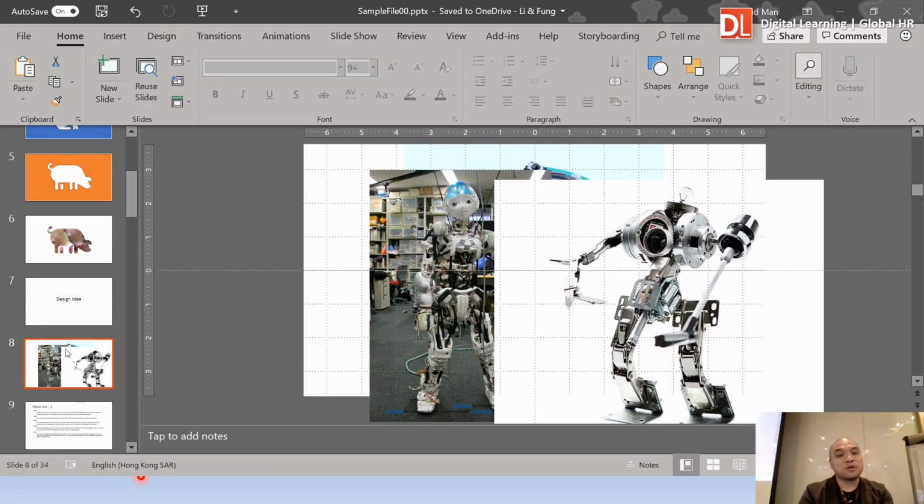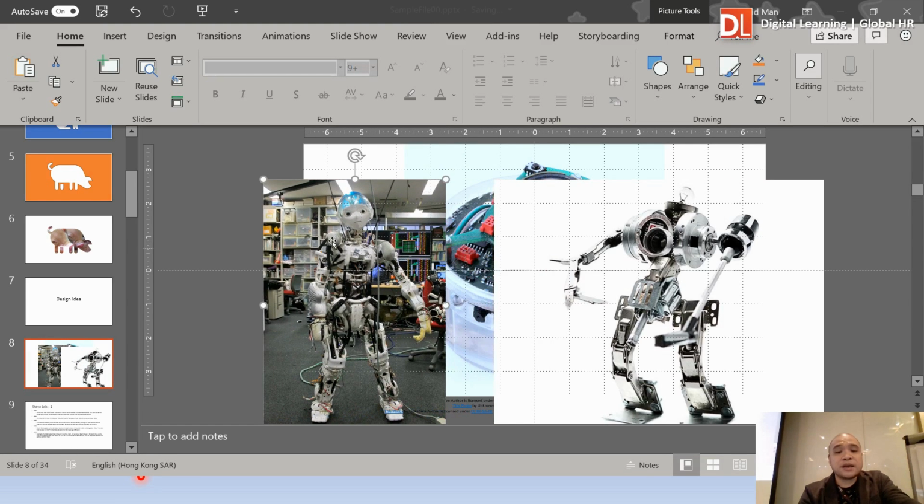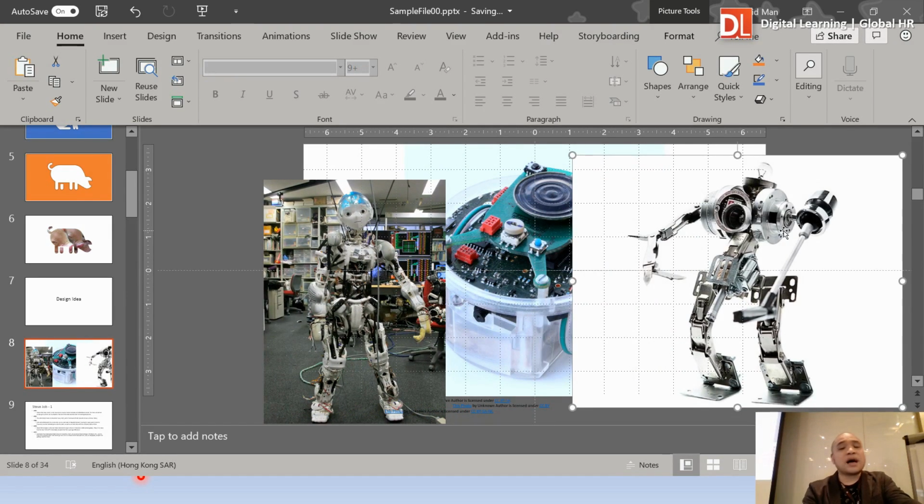Now go to slide 8. Okay, this one. Over here I have already inserted 3 online pictures, right? If I would like to arrange them to make it much more attractive, how to do it? I have no idea how to arrange them. Put it here, put it here. I have no idea how to make it look better. So if so, then you may just simply go to the design